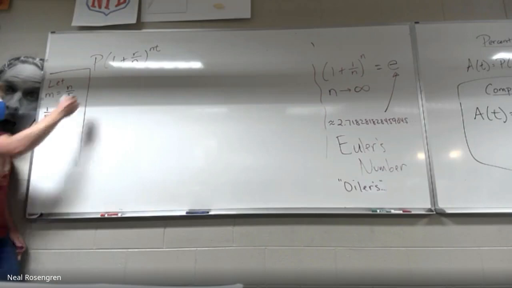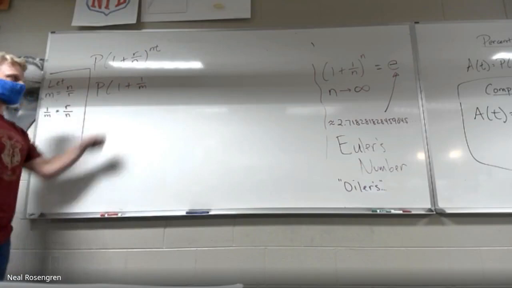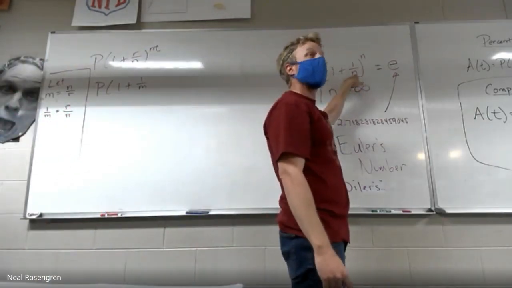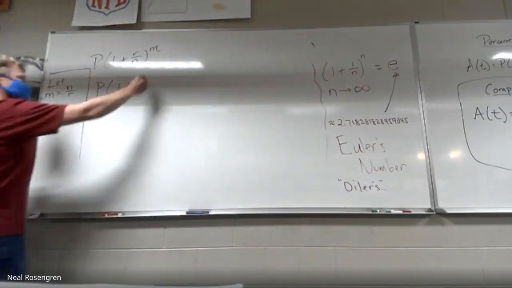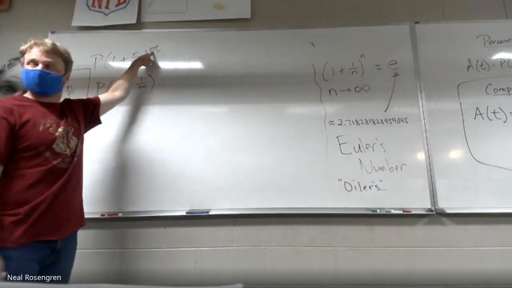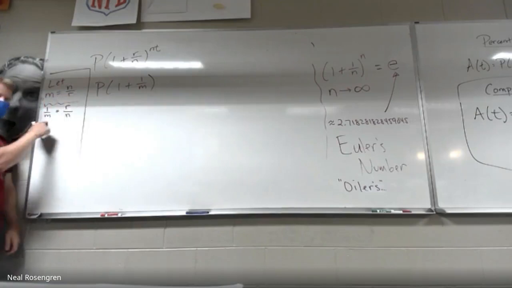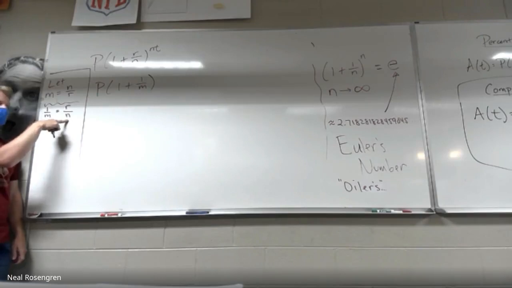So here's what I'm going to do. I'm going to use it right here. 1 over m. Why? Because that kind of looks like this. Now I've got what I want. I got r out of this fraction. But check this out. What the heck do I put right here for n? Well, I've got this nice little equation that has n in it. Watch me isolate by cross multiply.